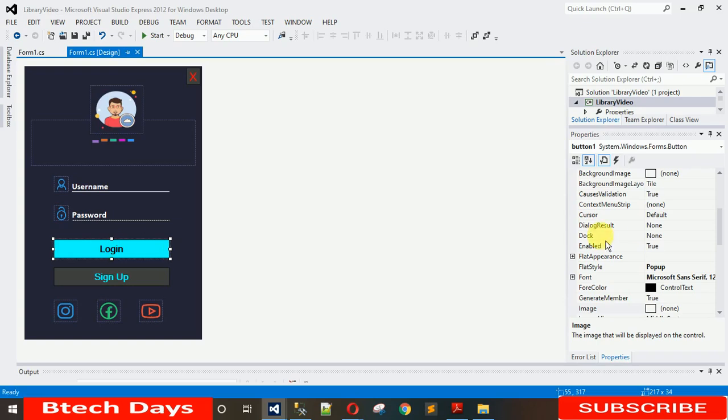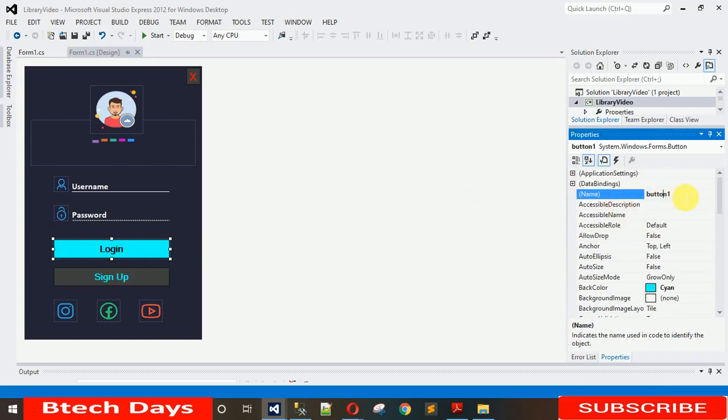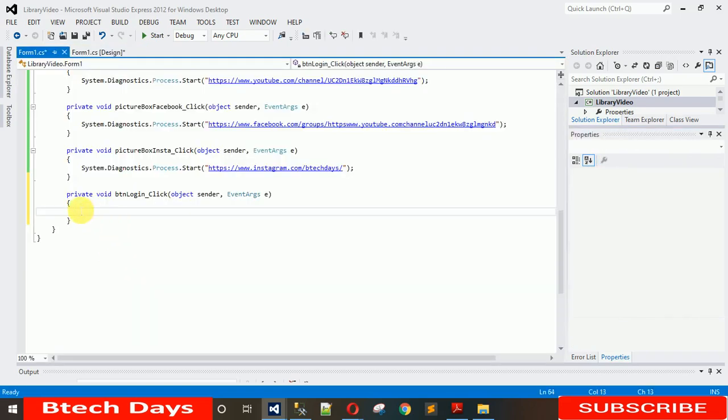But now what I want is, when I click on login, we have to validate the data from the database, and after that we move to the new form. For that we have to change the name. Let me change this to btn login, hit enter. Just double click on this to generate a click event. Now the button login click event is generated. After that, what I need is